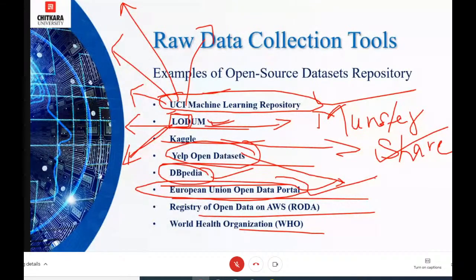Then finally, the World Health Organization, WHO. WHO, you all know, is an open data repository maintained by the World Health Organization, which keeps track of health-specific statistics of its 194 member states. This repository keeps the data systematically organized, mainly in the health domain, like cancer, heart disease, COVID-19, and other health-related data.